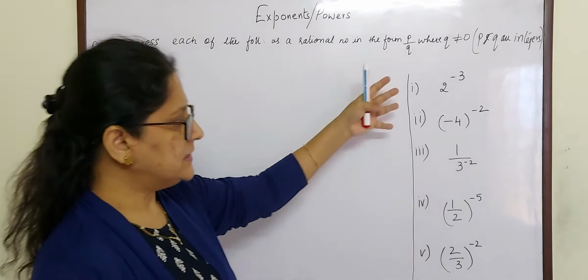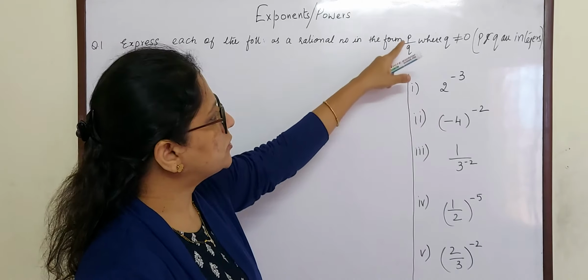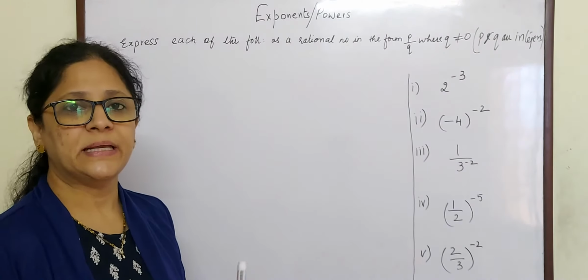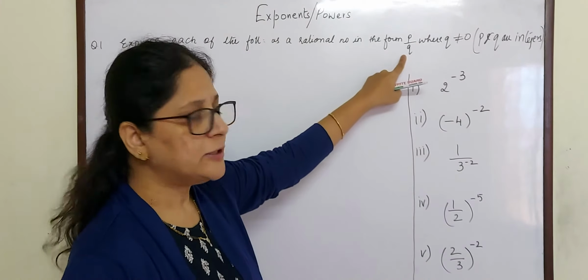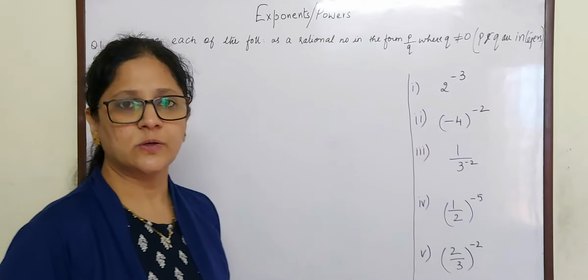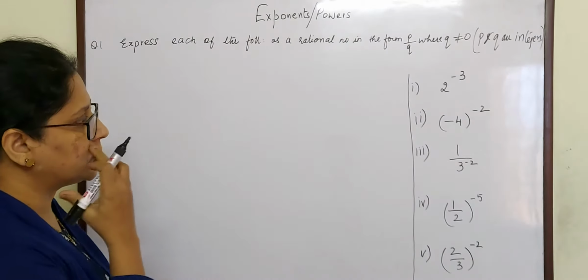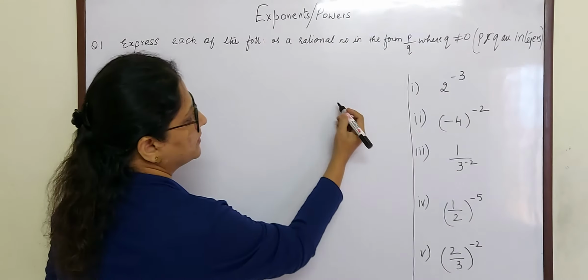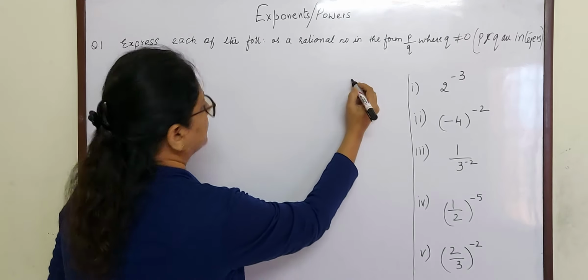That means these sums have to be done in such a way that you can show that in the form of P by Q. There should be a numerator and denominator should not be equal to 0. Before starting the sums children, we should know a rule for exponents to solve these 5 sums. The rule says that